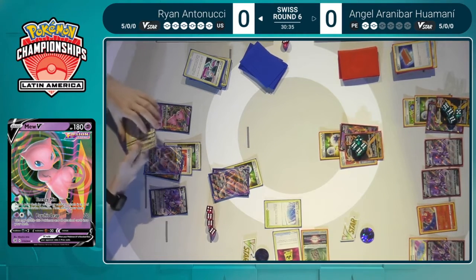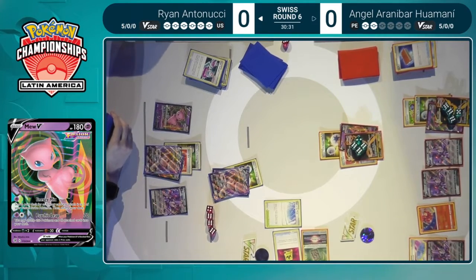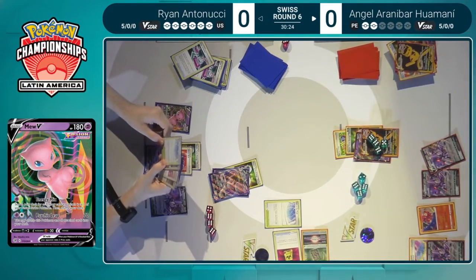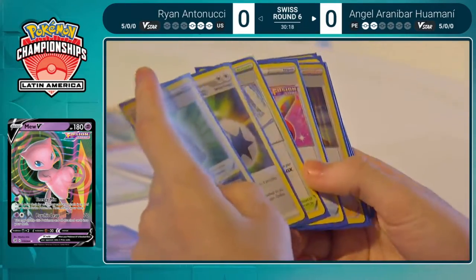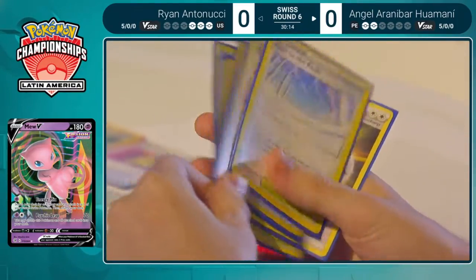Ryan here, I think, is debating going for the Marnie. He does not have Boss in hand, but he doesn't want to reset Angel's hand, which I think is definitely smart. And Ryan actually takes the Forest Sealstone off the prizes. That is absolutely huge. That means he's going to be able to find exactly what he wants next turn, whereas Angel was really left with not much, it seems like. Yeah, well, actually, that's Ryan's hand that we're looking at right now, but...